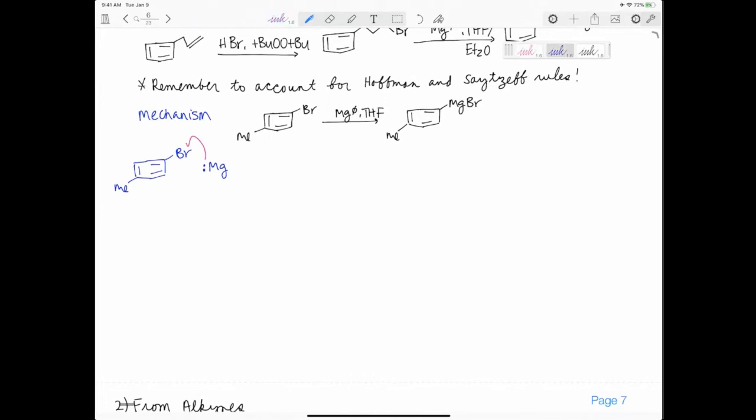This is known as a single electron transfer, or SET for short. And what happens is that you're going to get a radical anion intermediate. You can consider that as a transition state,